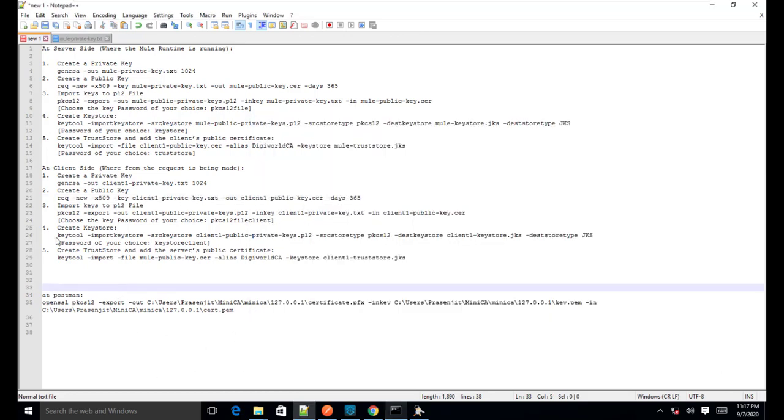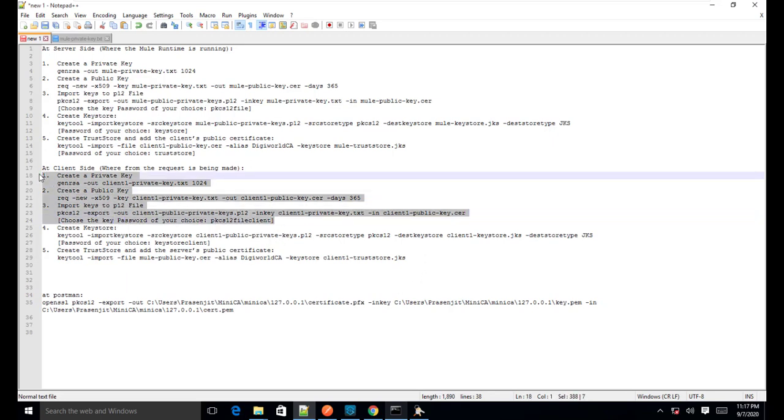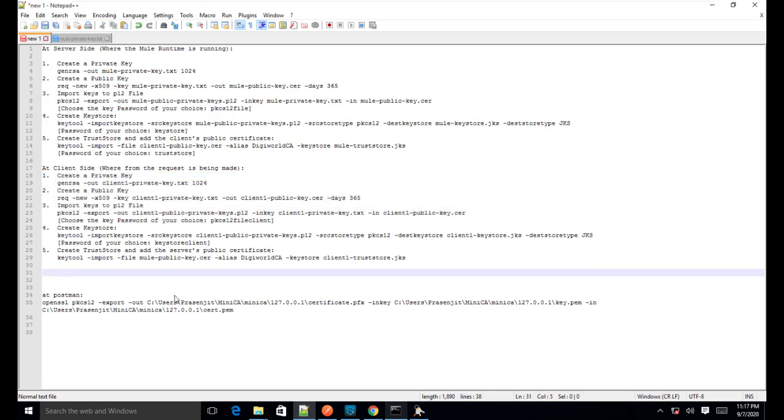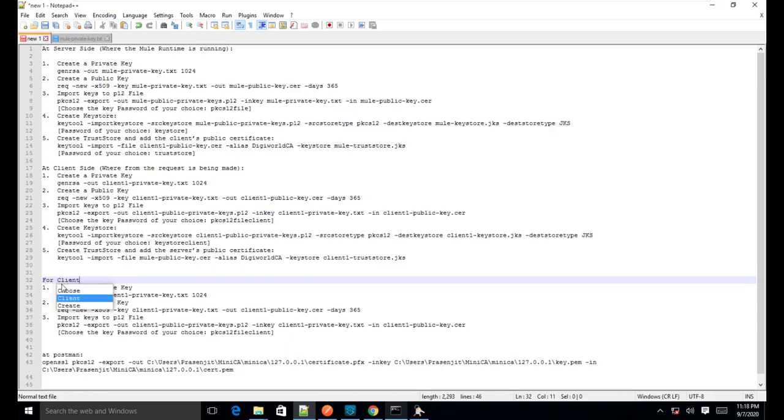So the public certificate is also created, and I will create the P12 file. Okay, so these 3 steps I am actually repeating here for client 2.